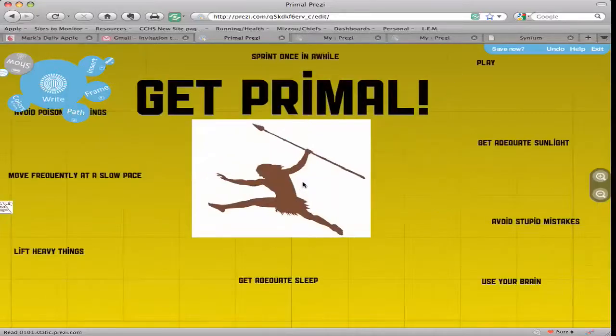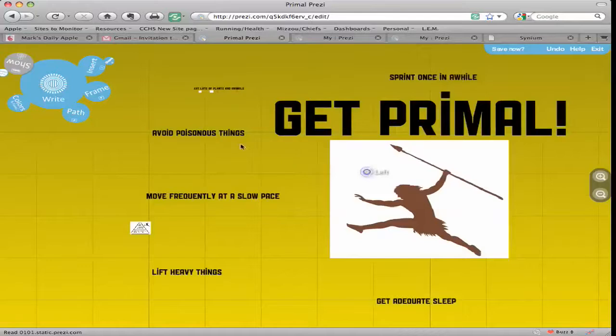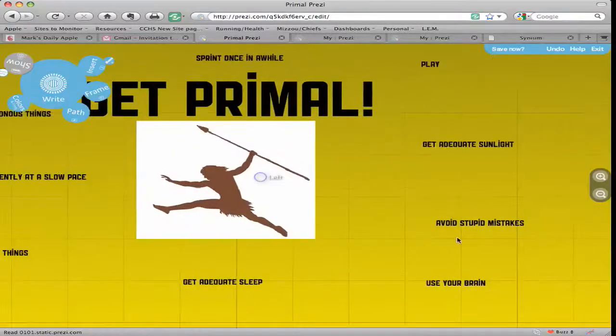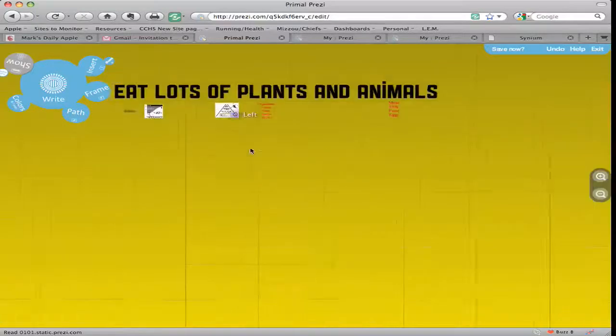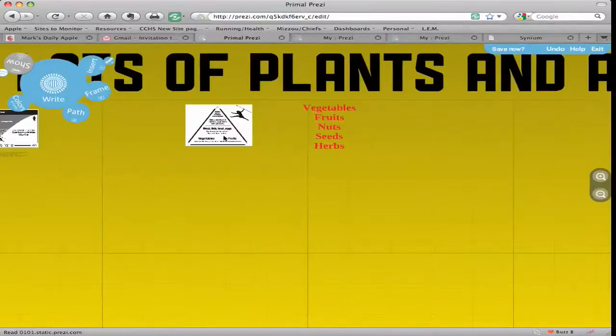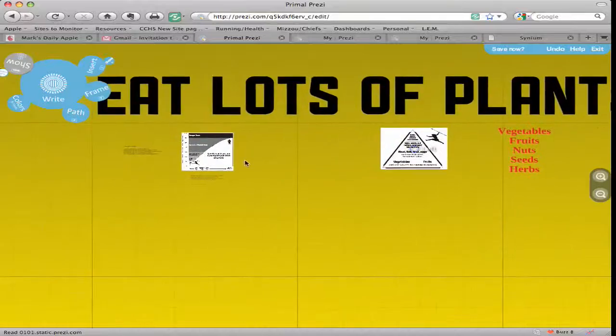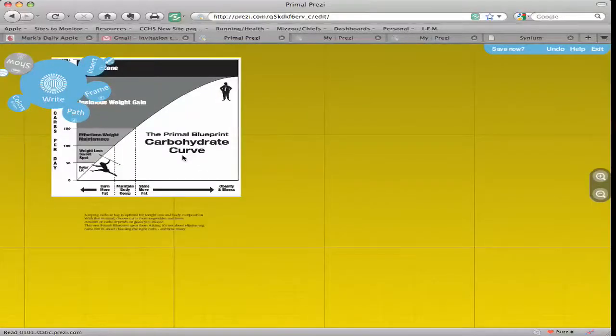So as you can see here, I've got all of the 10 blueprint laws spread throughout, and I've just kind of started here as a framework, but let's take a look at eating lots of plants and animals. As we zoom in, you can see that I've started with the carbohydrate curve.